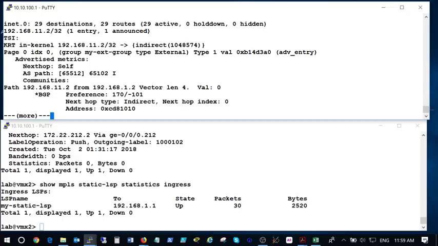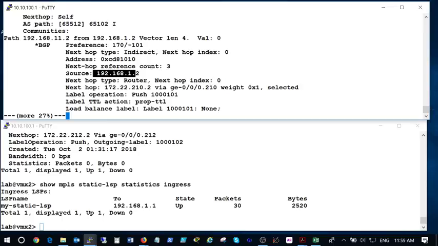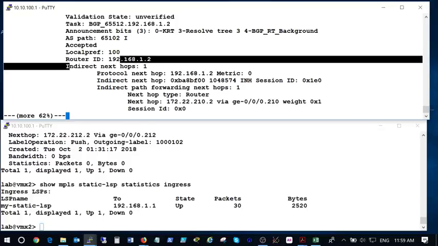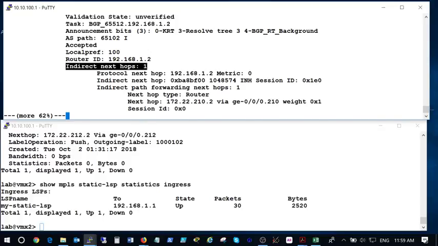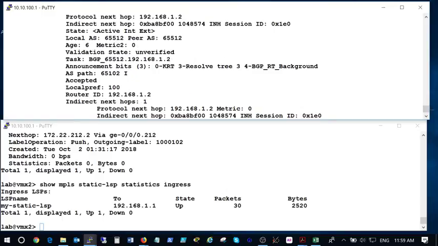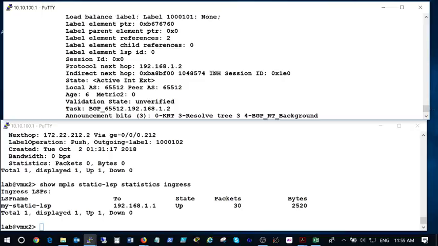Okay, so this is the route that we are looking for here. We have got an indirect next hop. We have got it from our peer. Let's go down to here. What I want to look at is this indirect next hop information here. Okay, so the indirect next hop is... go back up to, it's our source. Looking for my protocol. There it is. My protocol next hop